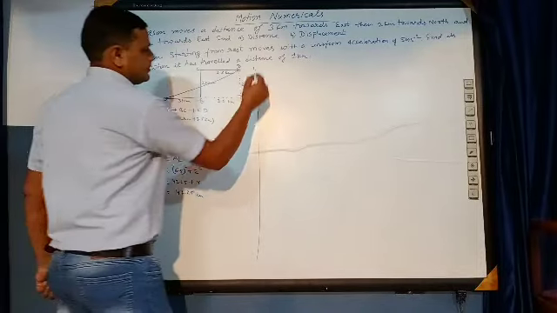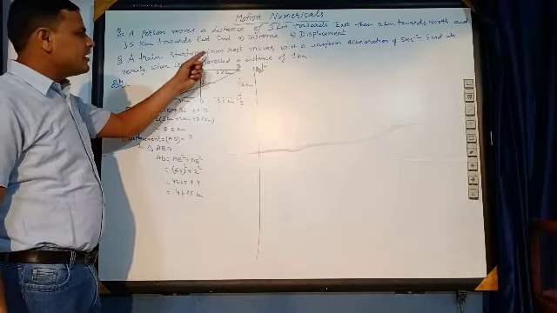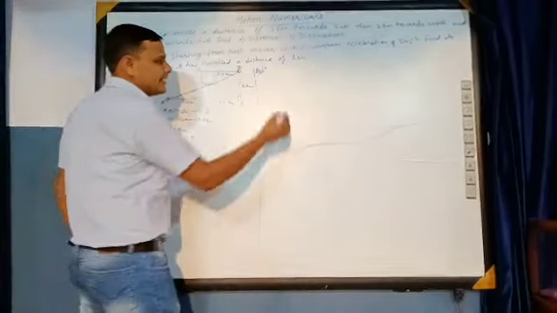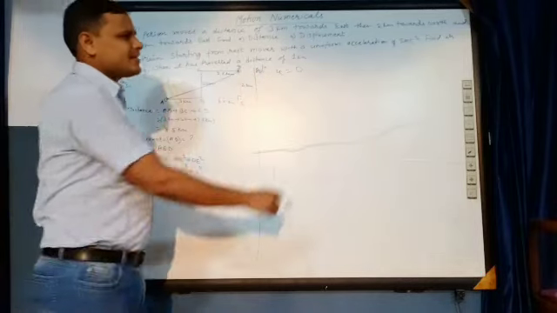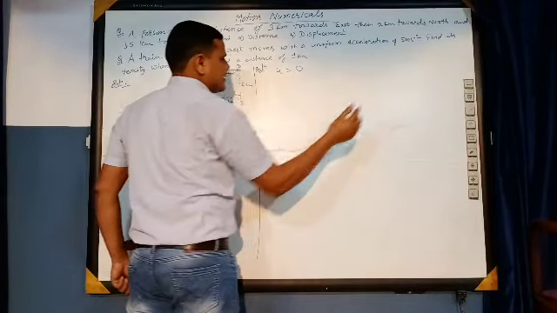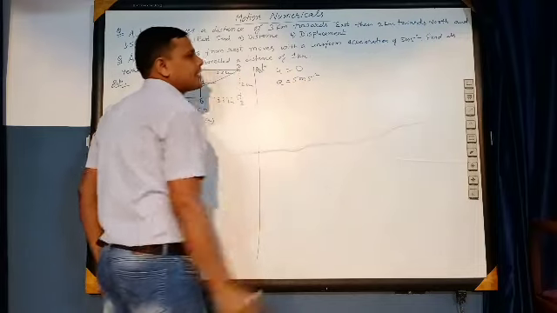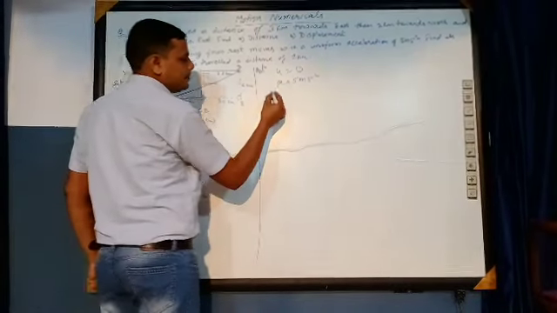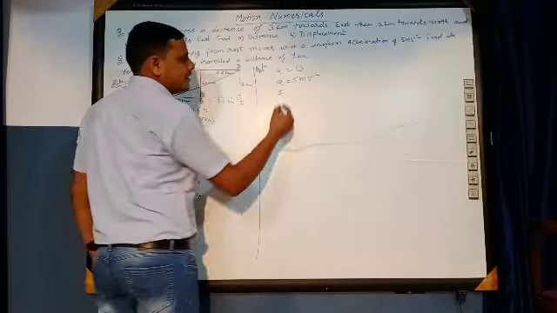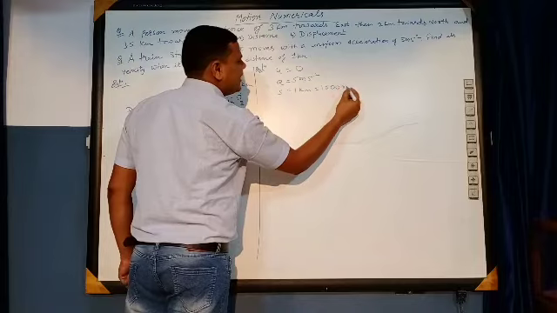Now for the second question. Now it will be the time for the solution for the second. A train starting from rest. When a train is starting from rest, that means initial velocity is 0. Moves with a uniform acceleration of 5 meter per square second. Find its velocity when it has traveled a distance, denoted by S, of 1 kilometer, that will be equal to 1000 meters.